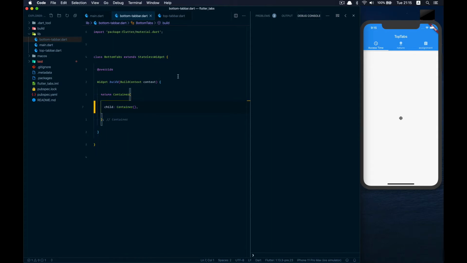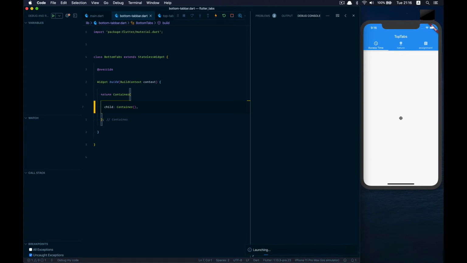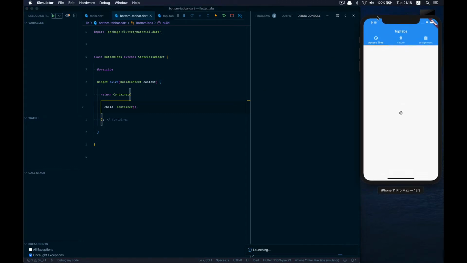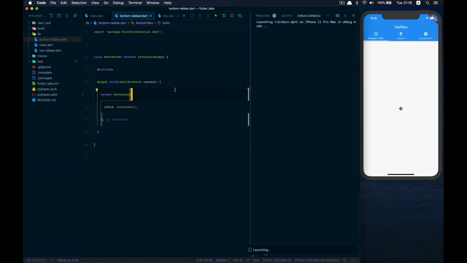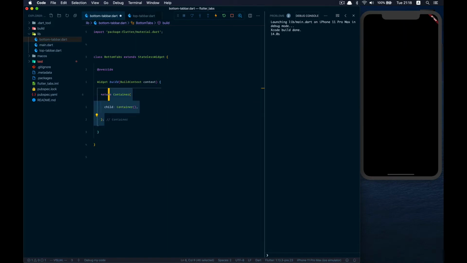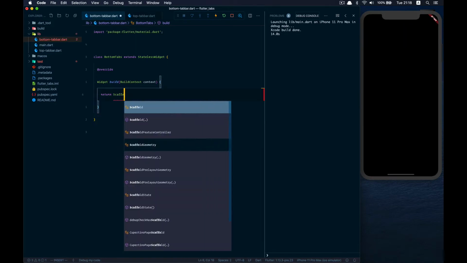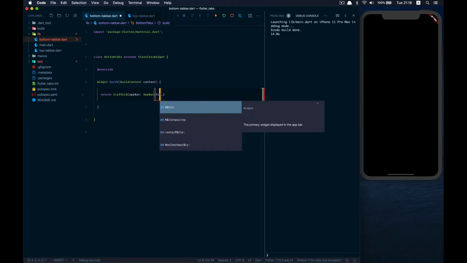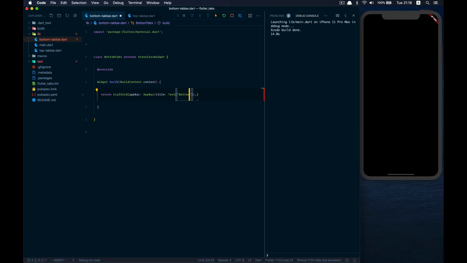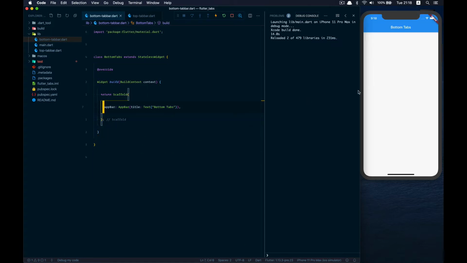So in order to run the application, you would need to hit F5, and it would automatically run it in your already open simulator. So I will start by creating a scaffold. I'll delete that scaffold, and I'll provide an app bar. It should have a title of text bottom tabs, and yeah, semicolon is missing,